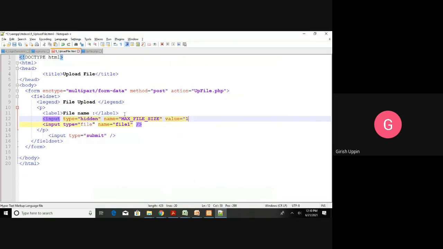For simplicity of understanding, I will say 1000 bytes, and I will save it.